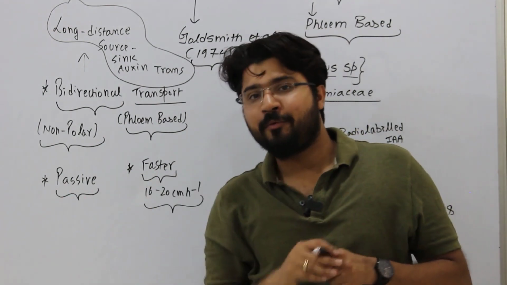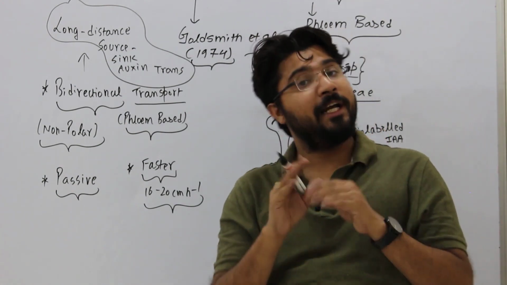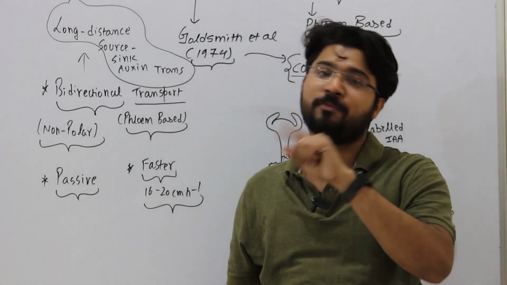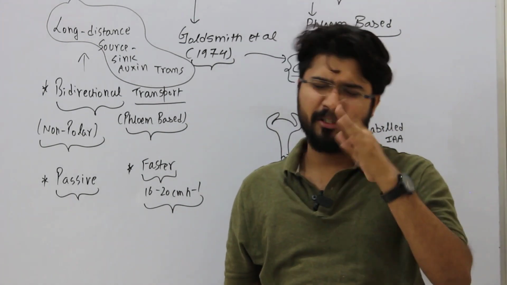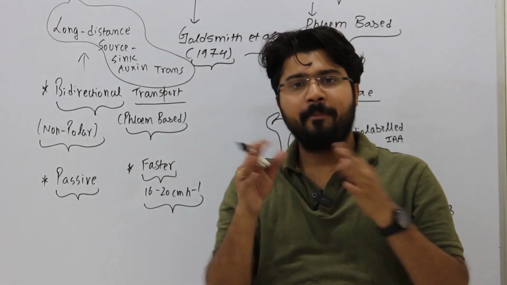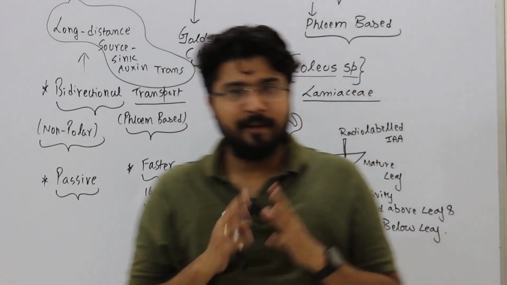So the upcoming lecture, which will be part 2 of auxin transport, we will be understanding the mechanism of polar auxin transport, and there is one model called the chemiosmotic model. This term is quite familiar and similar to respiratory models also, but the chemiosmotic model will be coming in the next lecture. Thank you and have a good day.